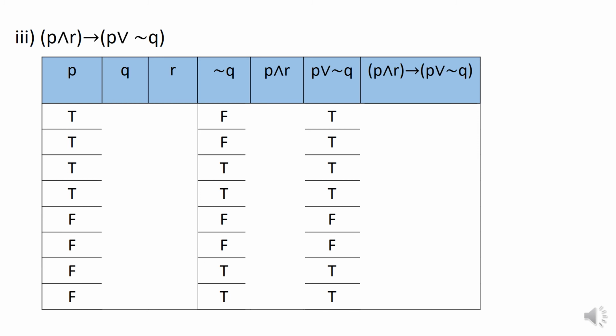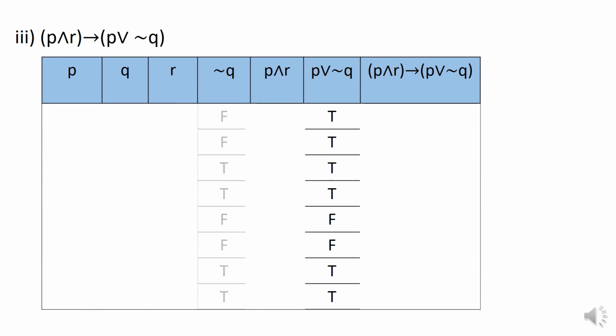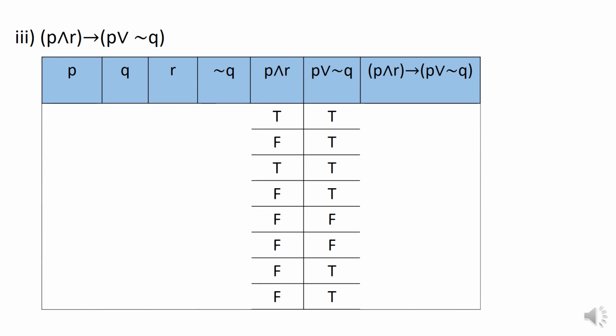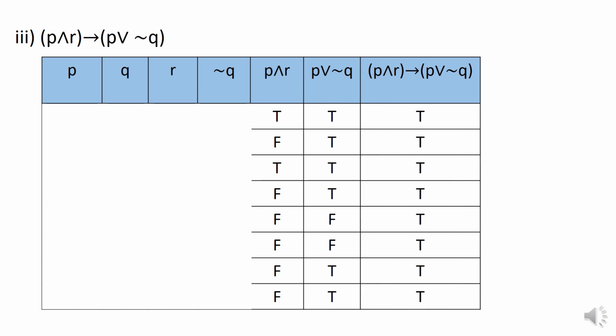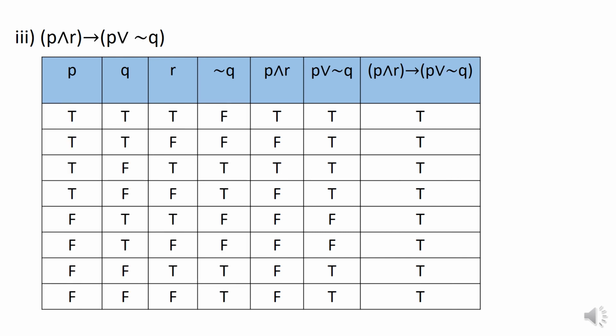As you have guessed by now, for the last column, we need only the fifth and the sixth columns. And thus the other values we are not going to consider for now. So we have, if true then true is true, if false then true is true, if true then true is true, if false then true is true, if false then false is again true, if false then false is true, if false then true is true, and if false then true is true. So all the values of the last column are coming out to be true, and the entire truth table, once you draw it, would look this way.